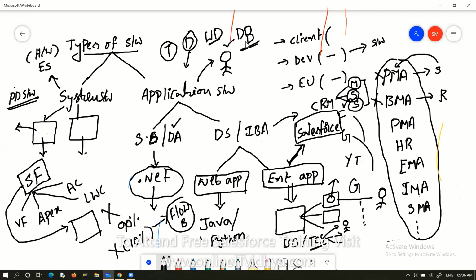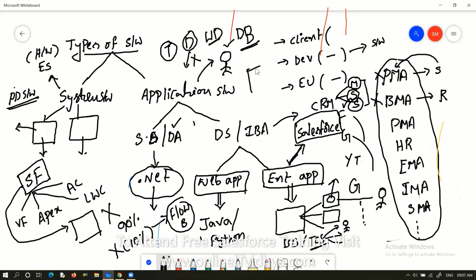But which department, which type of developers will get more salaries? Obviously developers. Developers will get more salaries compared to testers, web designers, and database designers. But everyone has a fear of writing code. So for them, Salesforce is definitely one of the alternatives. By using Salesforce, you can develop applications without writing code, and you can also draw more salaries.